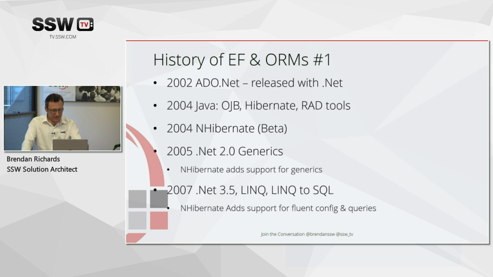So now in 2007, we finally get .NET 3.5. The interesting thing here is they went from .NET 3 all the way to 3.5 without changing the underlying core. The framework, .NET 2.0, was the same, they just added new features. And the big features that came with .NET 3.5 were LINQ and LINQ to SQL. So this is the first time Microsoft are really getting themselves involved in the whole concept of ORM mapping.